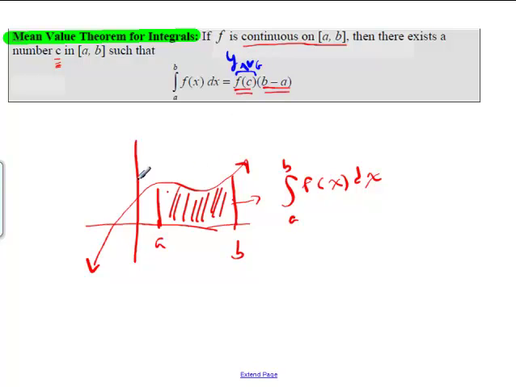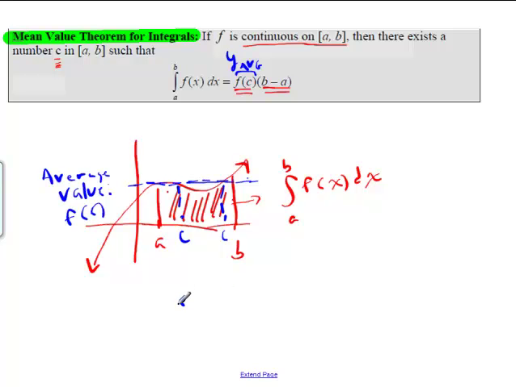So there must be some point, maybe it's right here, probably a little bit lower, but that's close enough. This here is my average value, and we call it f of c. What we're saying is that there must be some c value, at least one, and in this case more,